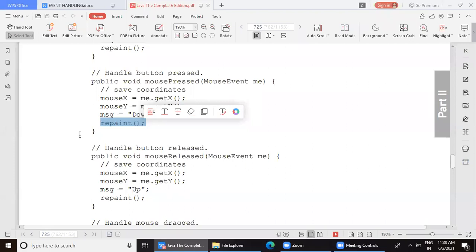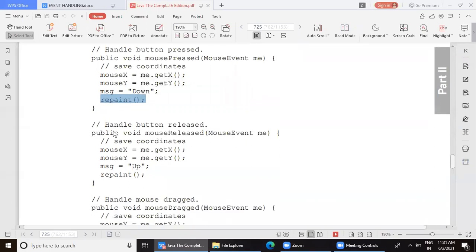What is the paint method going to do? Do you remember what paint is doing in this program? Yes, it directly displays. The same paint method will be called by each of these repaint calls, so it is commonly written. So the paint method is going to just do what?